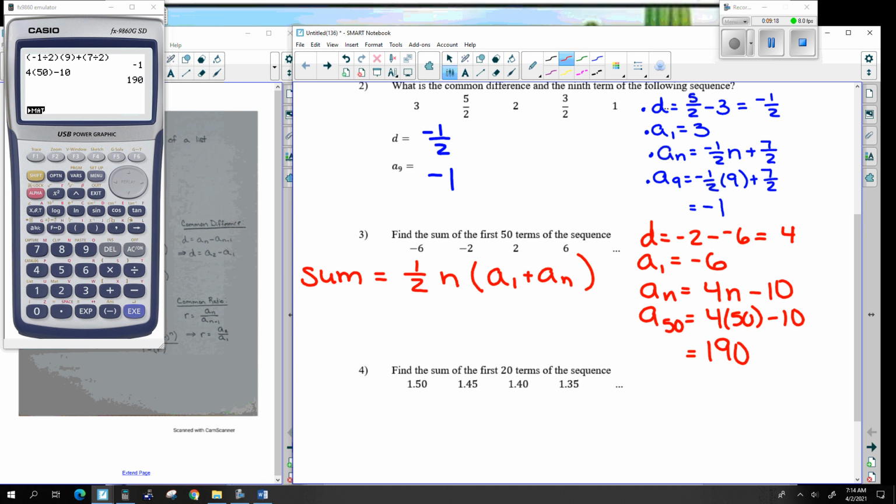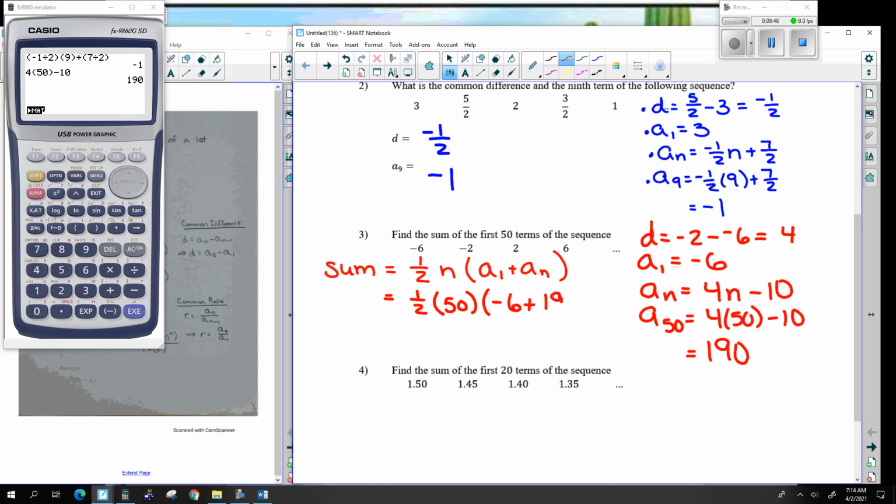Okay, 190. All right. So now I have all of the bits and pieces that are going to make this summation formula work. We are going to find the sum of the first 50 numbers. So this is equal to 1/2 times n, the number of terms, so that's 50, times a1, the very first number, that's negative 6, plus an, the very last number, which we just found to be 190. And if I just literally plug that in,